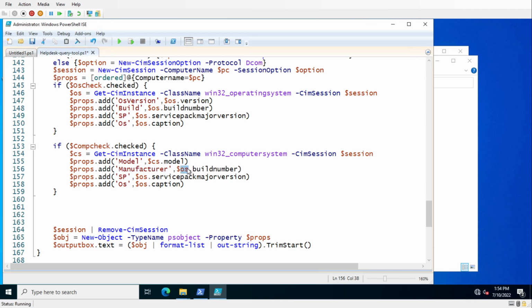Manufacturer, $CS dot... Probably quicker just to type it, but anyway, $CS dot manufacturer. Maybe I want the core count. So let's do cores, and that would be